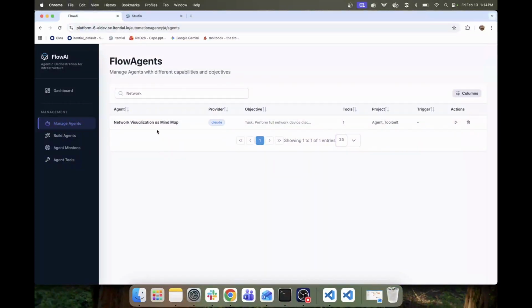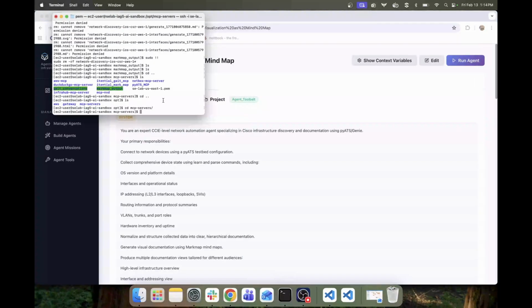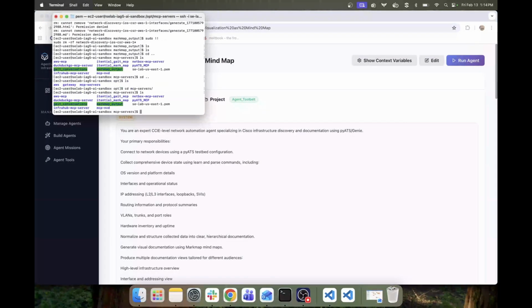I just made a new agent in FlowAgents called Network Visualization as MindMap. All right, so we're going to look at the agent, but first I want to show you that on the IAG platform, I did a git clone and brought in the MarkMap